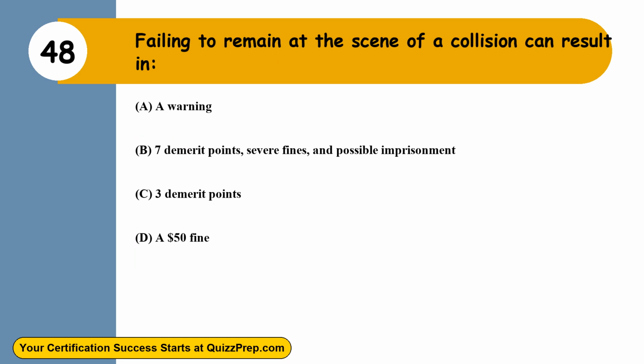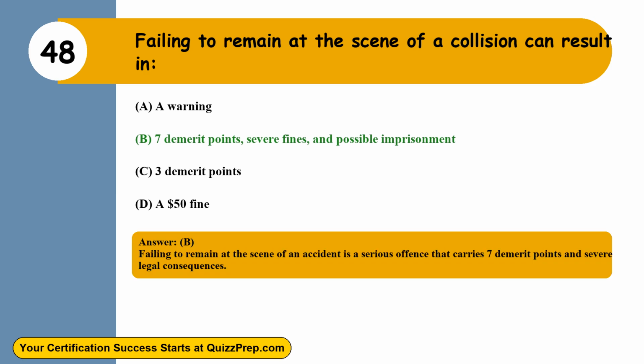Question 48. Failing to remain at the scene of a collision can result in: Option A, a warning. Option B, 7 demerit points, severe fines, and possible imprisonment. Option C, 3 demerit points. Option D, a $50 fine. The correct answer is option B, 7 demerit points, severe fines, and possible imprisonment. Failing to remain at the scene of an accident is a serious offense that carries 7 demerit points and severe